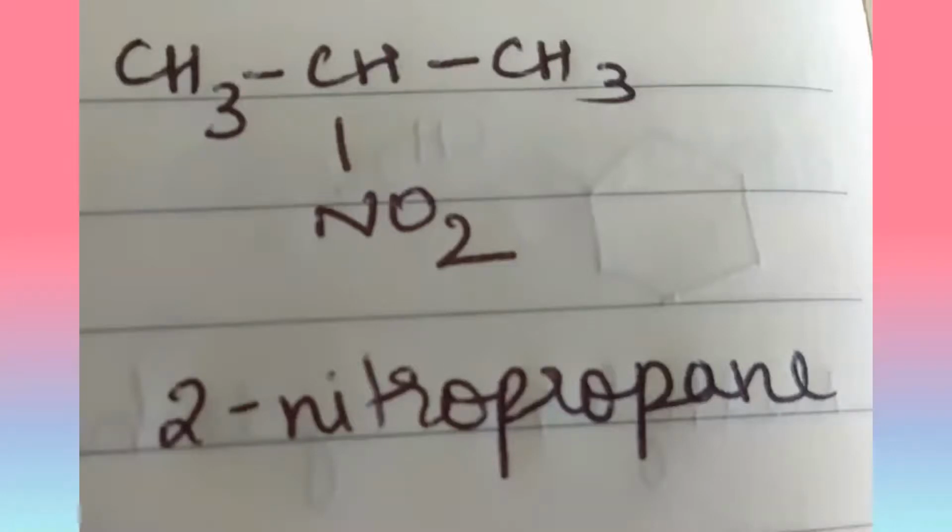That's the second one, and then write it as 2-nitropropane after measuring the number of carbon atoms present in the parent chain. In the parent chain, there are 3 carbon atoms, so the root word is prop, and there is no unsaturated or double or triple bond. So it's ane here as the main suffix, and so the name is 2-nitropropane.